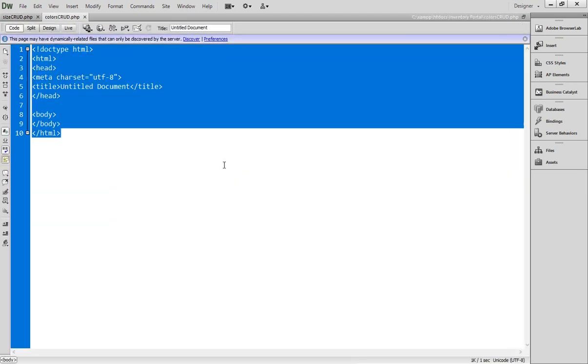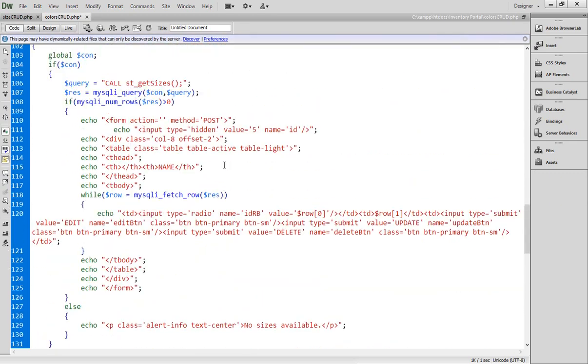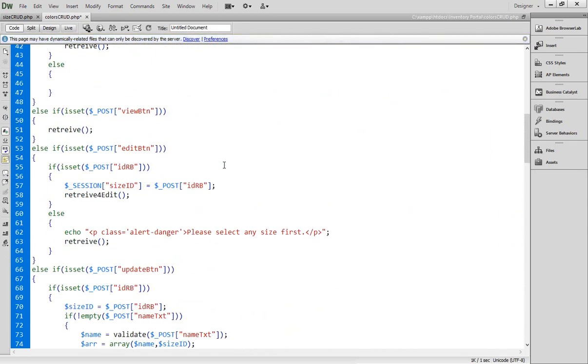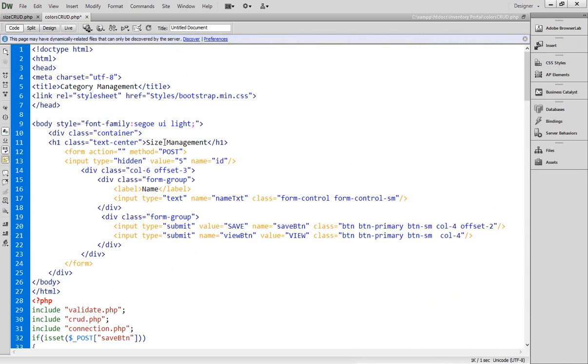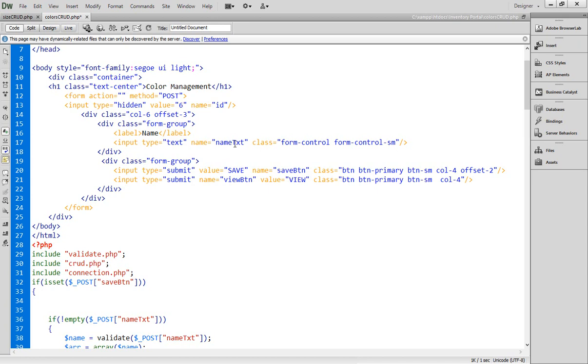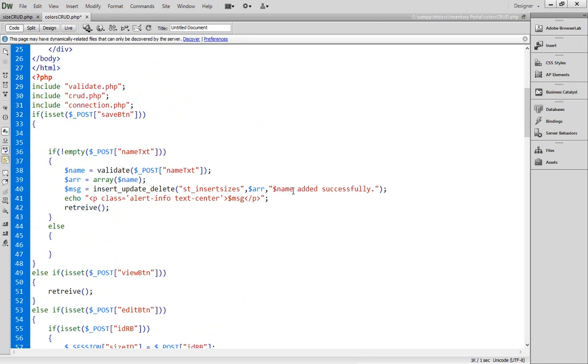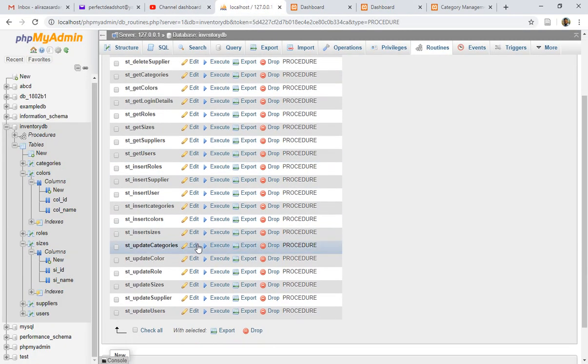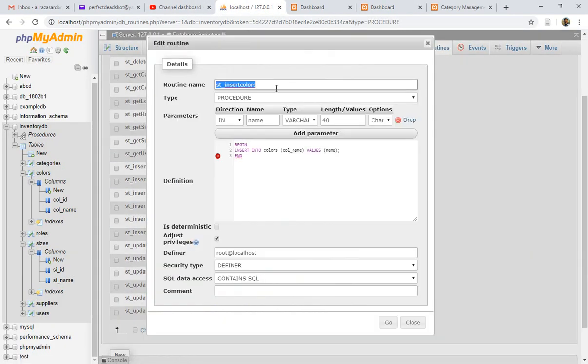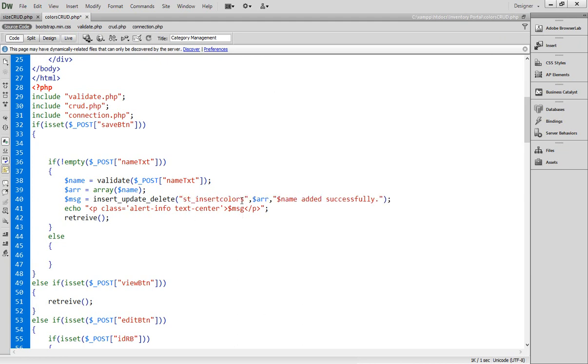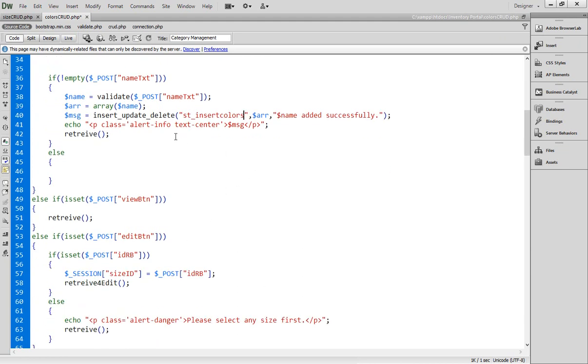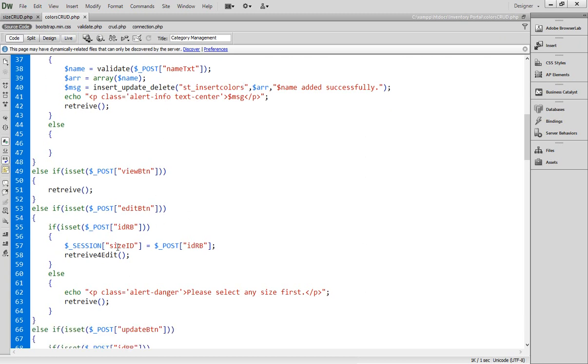So you see, today we reached up till 38 minutes, and our 3 CRUD operations have been done successfully as compared to the previous lectures. So that should not be the size, that should be the color management. The value should be 6, and of course I only wanted to take the color name, so name text is enough. And then instead of insert sizes, I have to get the insert colors. Let's quickly do that. Insert colors, copy and paste, insert colors, and then we have to change the size ID